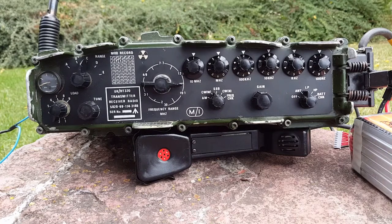So that's very important. It's actually less than half of the current draw of a Yaesu FT817ND, about the same as a KX2. So those are the main 2 points, in my opinion, that make this radio very desirable for prepping,